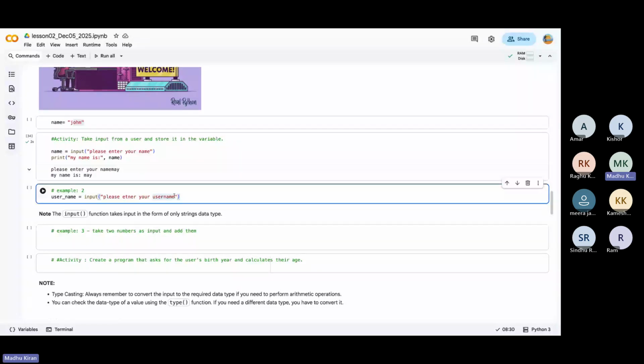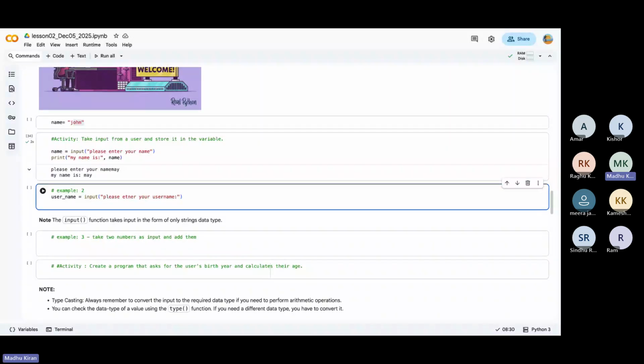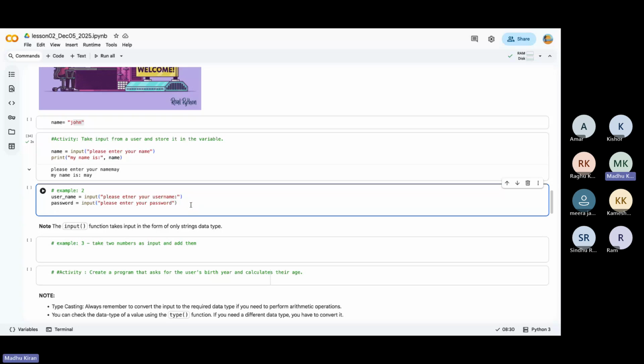And then I want to take one more input, password, using the input function. And if I want to print,